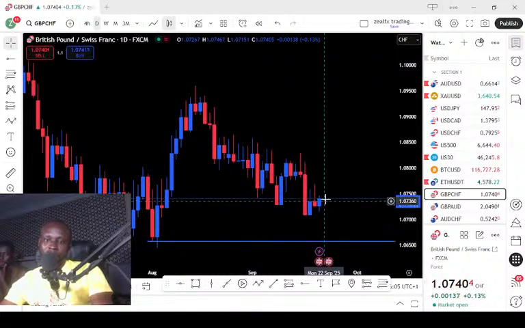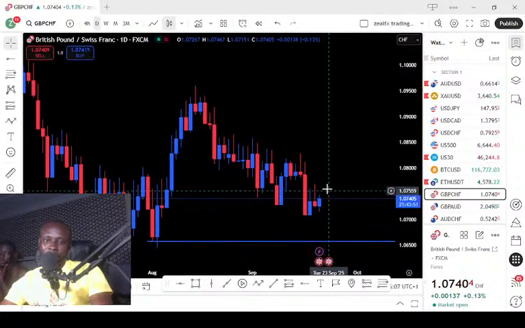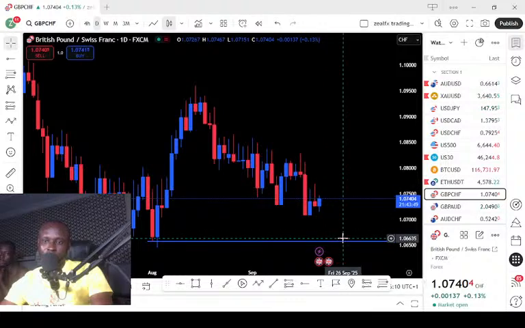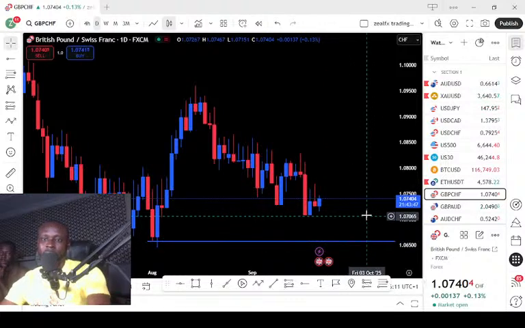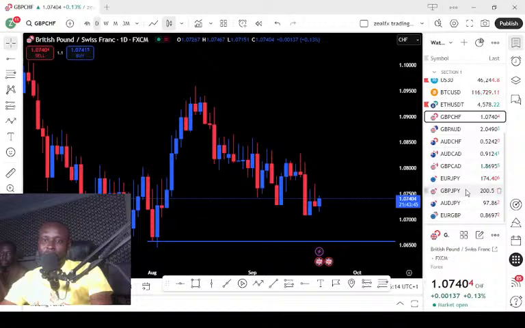So we need a reversal of price to a weekly resistance before we start looking for selling opportunities for the pound CHF to the downside. So let's look at our next pair, which is